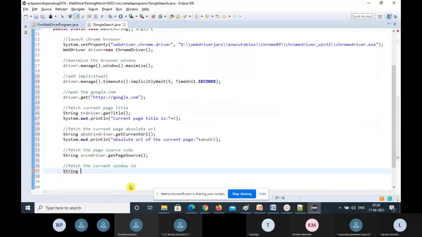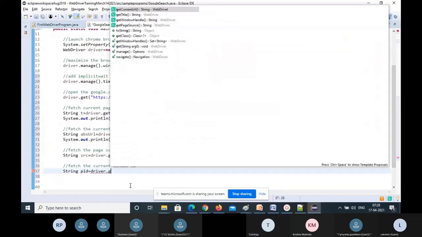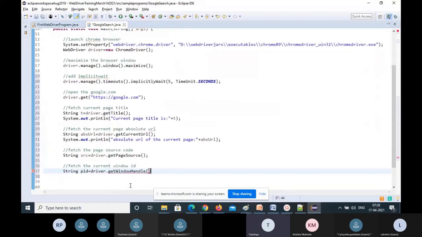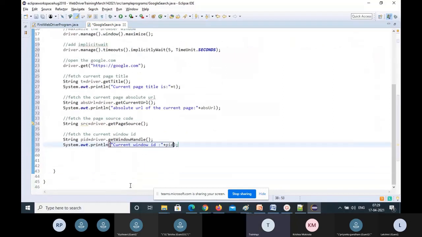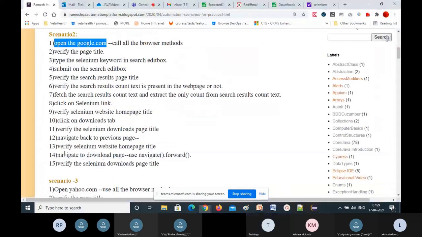So String PID, parent window ID, equal to driver dot getWindowHandle. One window ID I'm fetching, that's it. This is done. All the browser methods I have called.